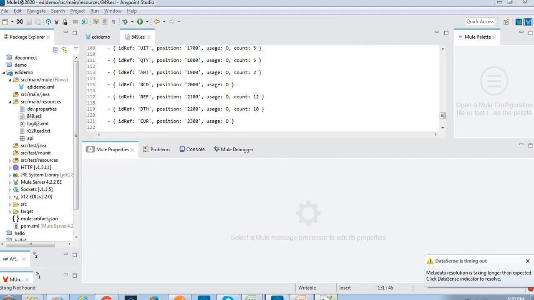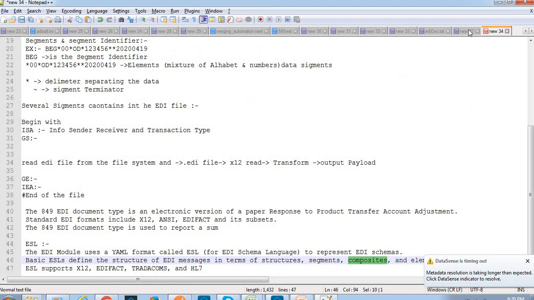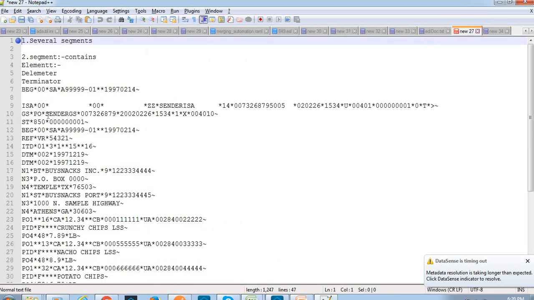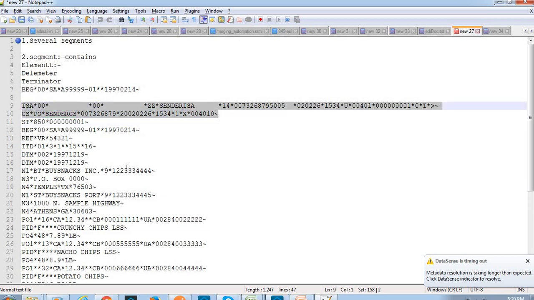Let me open this file. This is the EDI file. Here each line represents a segment, and this highlighted one is the segment terminator, and the next line is another segment, with the elements separated by an asterisk. Okay, the first two lines are the beginning of the EDI file.